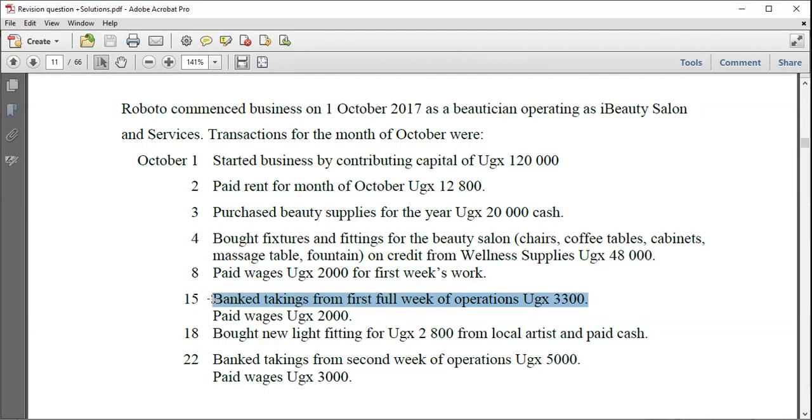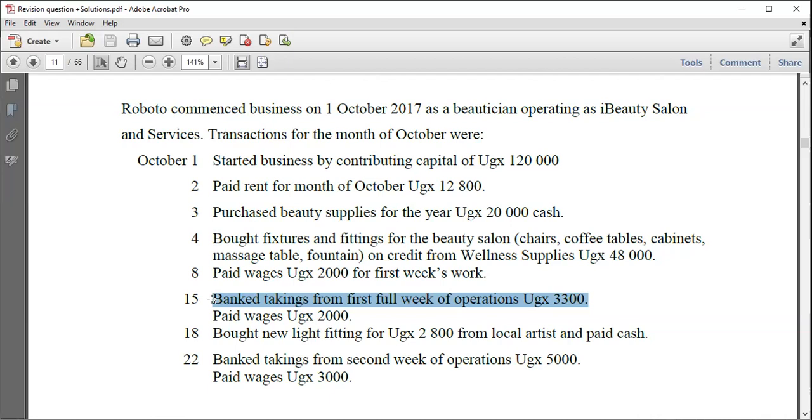Now we have something on 15th. 15th, banked takings from first full week of operations. How much? 3,300. This is where I say that we will have things like contra entries, but also for you to note